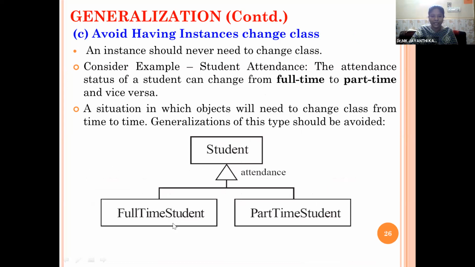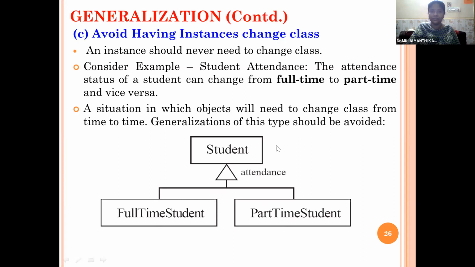The students are categorized into full-time student and part-time student. The major difference is attendance, whether they are attending the class from 8 to 4 or, for part-time students, weekend classes or evening 4 to 6 classes. So based on the attendance, we are categorizing the students. If you are categorizing the students based on a single attribute, that should be avoided in case of generalization.